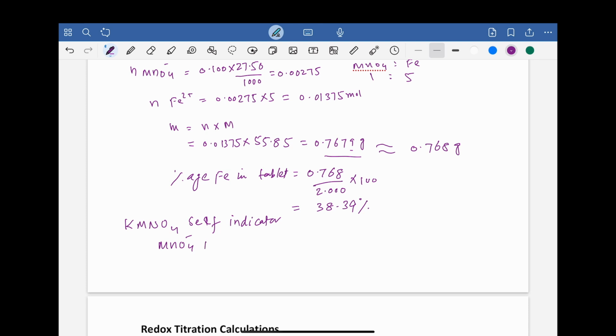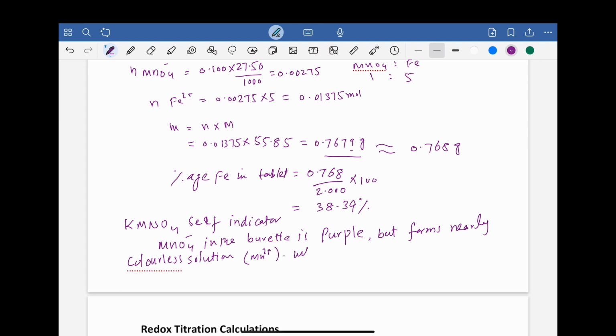So we can write down: MnO₄⁻ in the burette is purple, but forms a nearly colorless solution when MnO₄⁻ is reduced to Mn²⁺, but when all the Fe²⁺ has been used up,